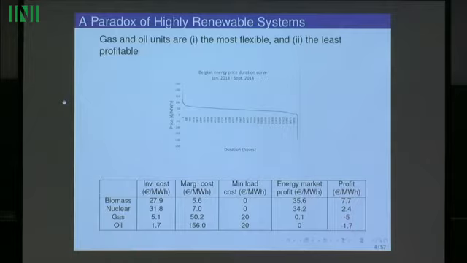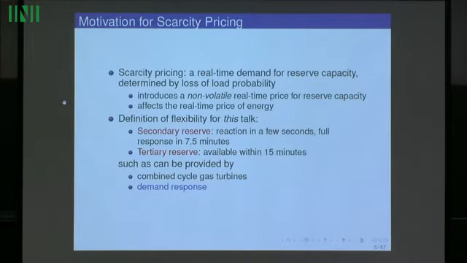So you see here the price duration curve between January 2013 and September 2014 for Belgium. If you do a simple calculation, you find that these are the two most suitable resources for dealing with wind variability and uncertainty, and they are the two that are also in a dead end in terms of not recovering their fixed investment costs. And this reflects ultimately a difficulty with accurately valuing the services that these resources are offering to the system in terms of what I'm referring